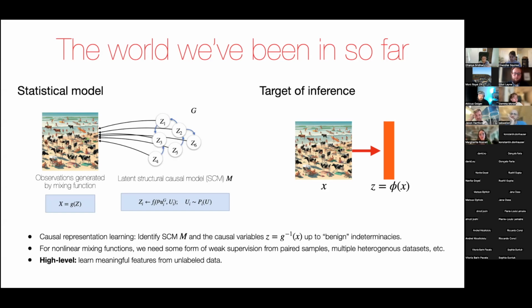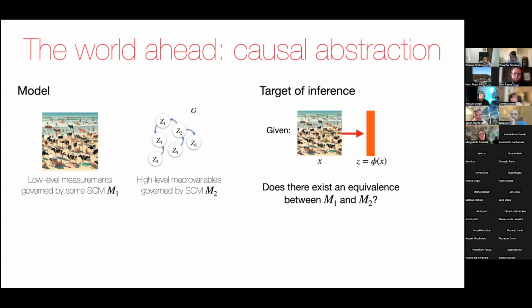But the high-level thing I'd like to emphasize is that in our world so far, really the goal has been to learn some notion of meaningful features from unlabeled data. Okay? And I argue that where we're going, it's not so different. There's a different kind of model, but still we're trying to figure out whether low-level measurements capture some meaningful